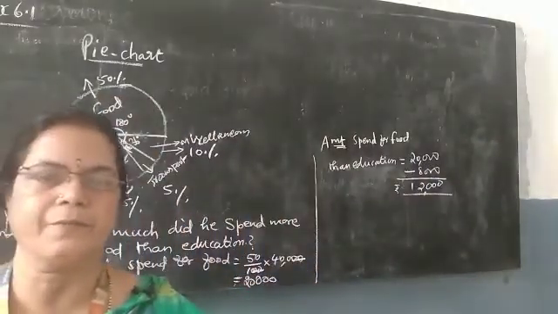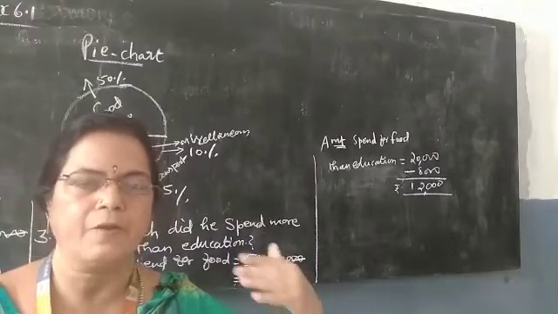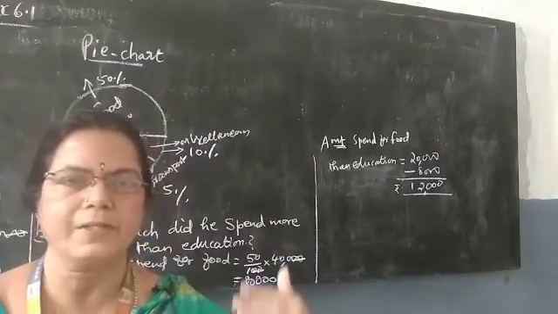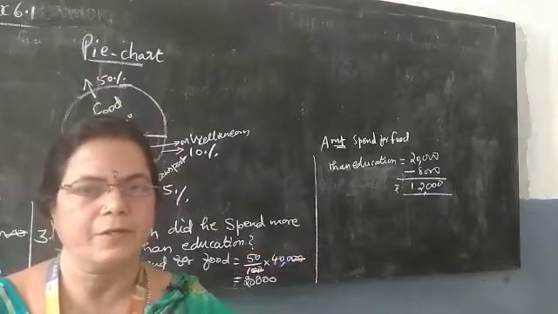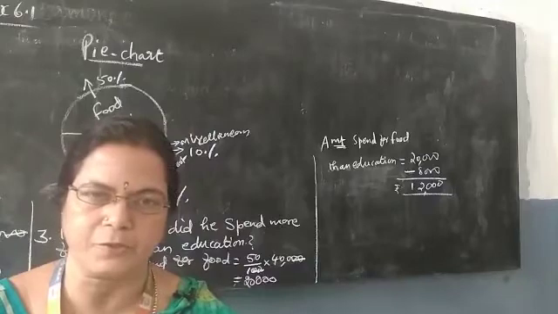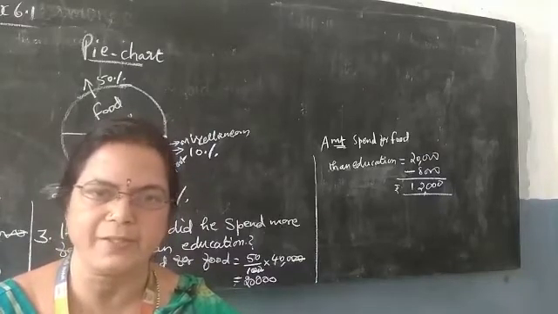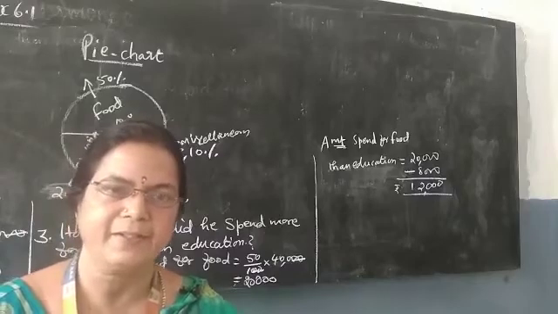Okay, like that we can find. Not only for this Kumaran family, we can find out for our family budget also. We can prepare how much we are spending, all these things using this pie chart. Not only for business people, we can also use it for our family purpose also. Okay students, I think you really enjoy these sums and all, isn't it?